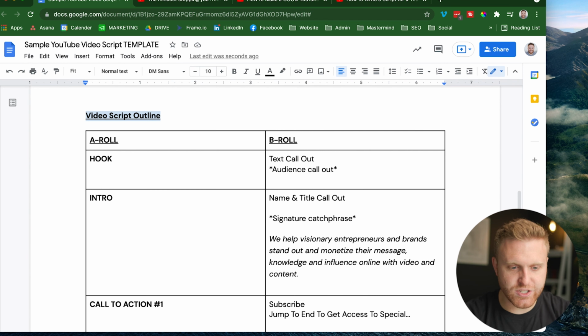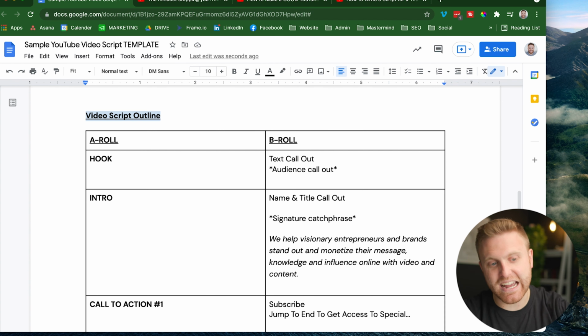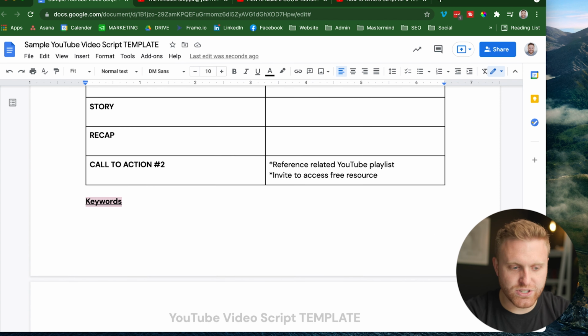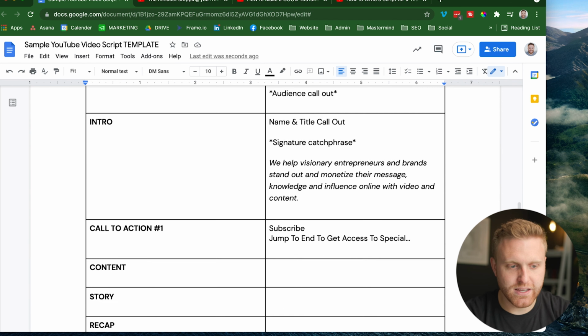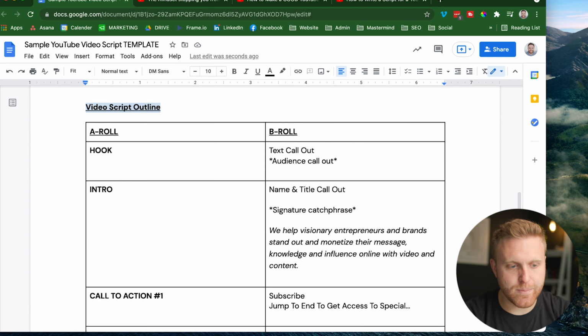And then this is a 2-column script, which kind of combines all 3 styles of scripts together. The first style is a 2-column script. The second style is a word for word script where it's just written out in plain words out here. There's no notes. And then the third style is just bullet points. So we're going to do kind of a fusion of all of them in one.